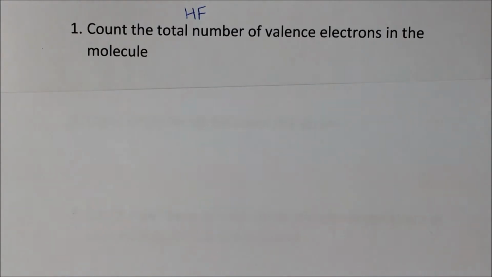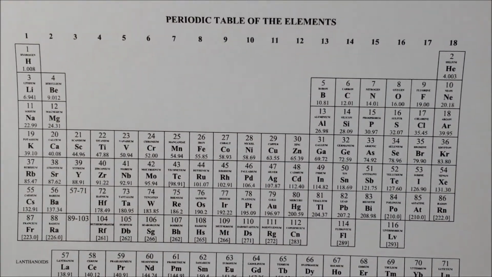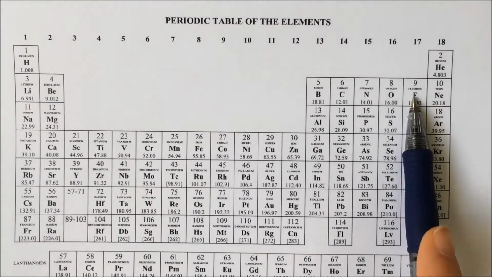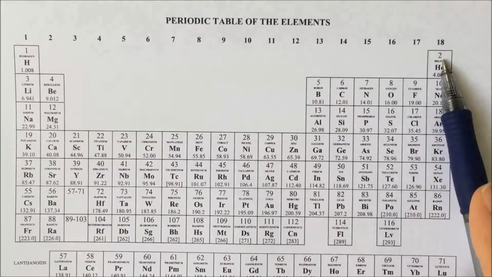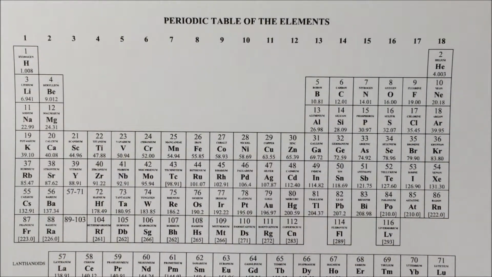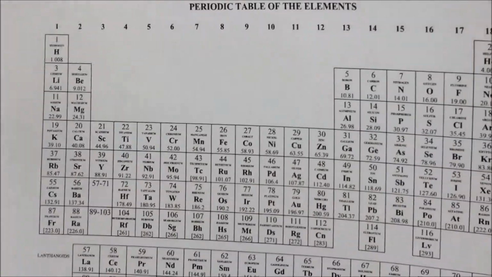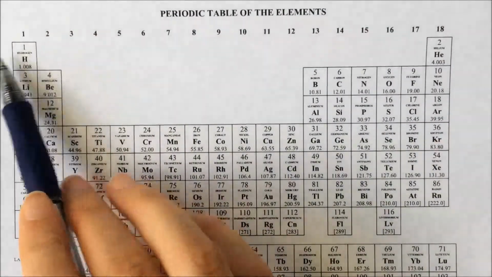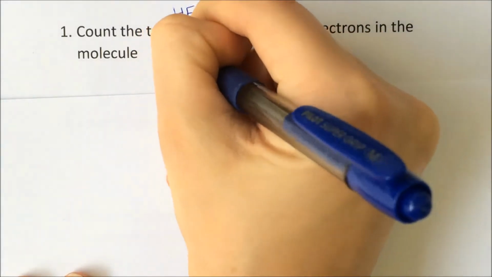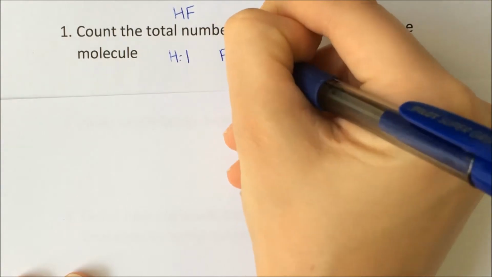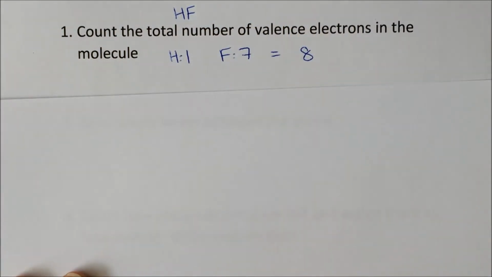So an easy way to count valence electrons is to count back on the periodic table to the previous noble gas. So here for fluorine, we count back 1, 2, 3, 4, 5, 6, 7. That tells us that fluorine has 7 valence electrons. We also know, looking at the periodic table, that hydrogen has 1 valence electron. So our hydrogen gives us 1, our fluorine gives us 7. That gives us a total of 8 valence electrons,